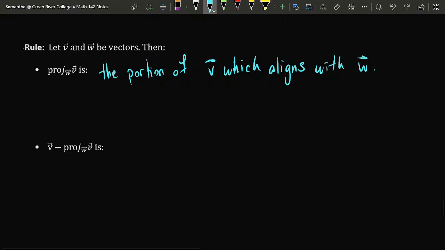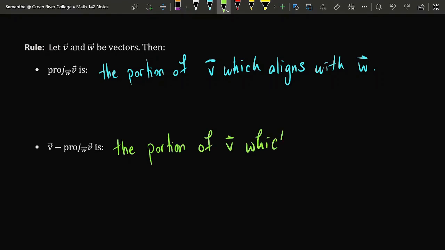Now suppose that I took the vector v and then subtracted the projection. I removed all the portion of v that was lined up with the vector w. Then the leftover would be the portion of v which is perpendicular